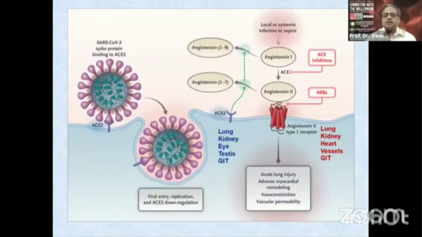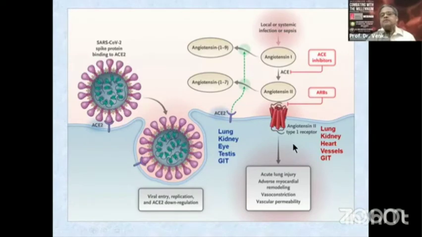Now, to understand pathology and pathogenesis of this disease, we have to understand what is this angiotensin 1 and 2. Angiotensin 1 is secreted by the kidney and in the lung by an enzyme called ACE1 or angiotensin converting enzyme 1, it forms the angiotensin 2. Now, the angiotensin 2 is a very deleterious and harmful molecule. It causes high blood pressure.